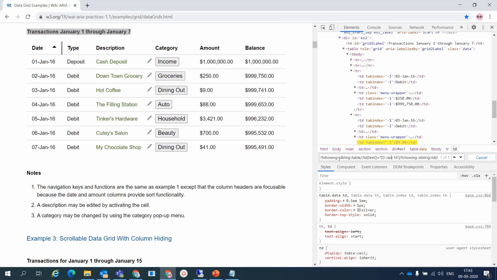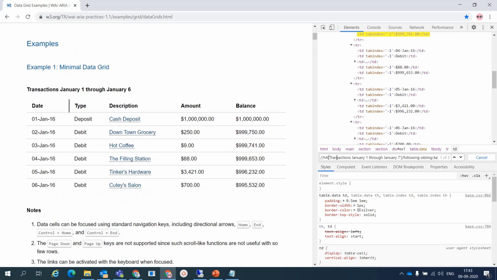So you may be getting confused between this following-sibling and parent and other keywords. There are a lot of functions. I'm using text, but other than text there is one method called contains, which is also very helpful. Once you get to know how to use text and following-sibling or any other keywords, it is very easy. Contains is my favorite to use, but unfortunately we haven't used it because we didn't notice.